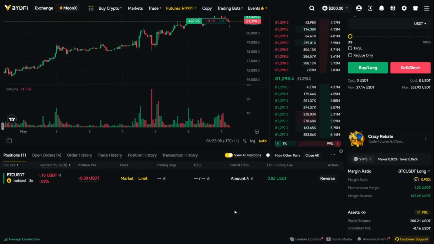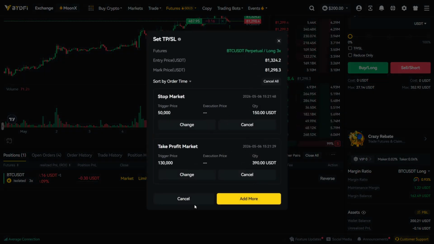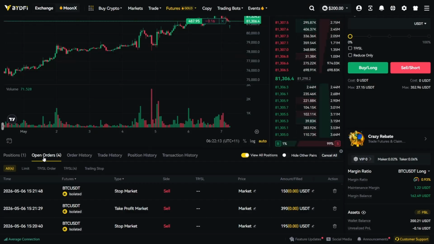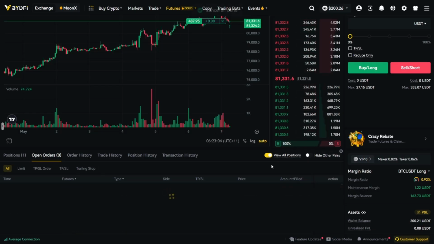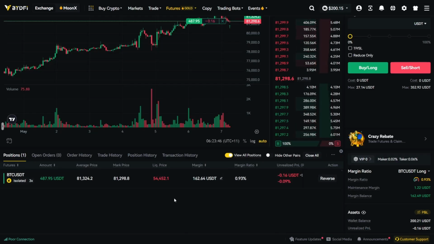If we want to look at our orders, we can again just press this icon here, or we can head to the open orders section. Here we can edit our orders and also cancel them individually or all together. The last take profit and stop loss order I want to show you is called a trailing stop order. So let's head back to positions, scroll to the right, and we can see under trailing stop, we can click